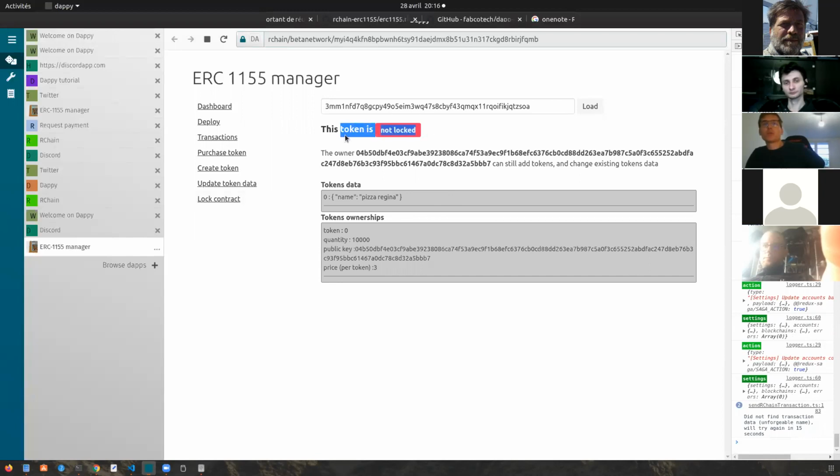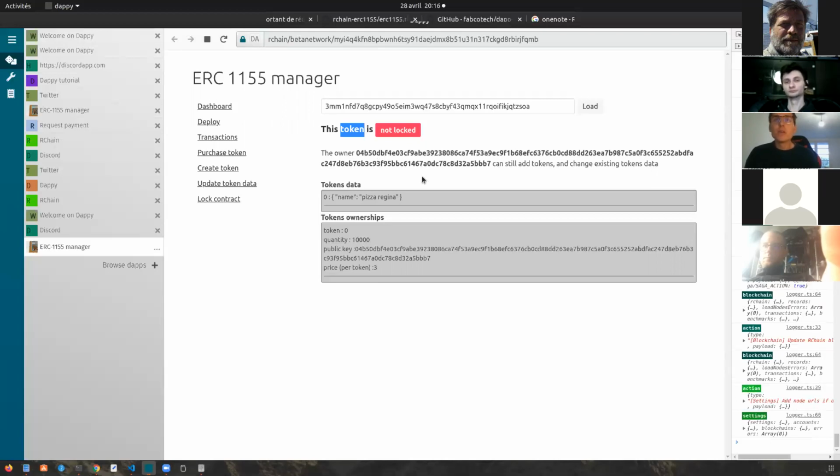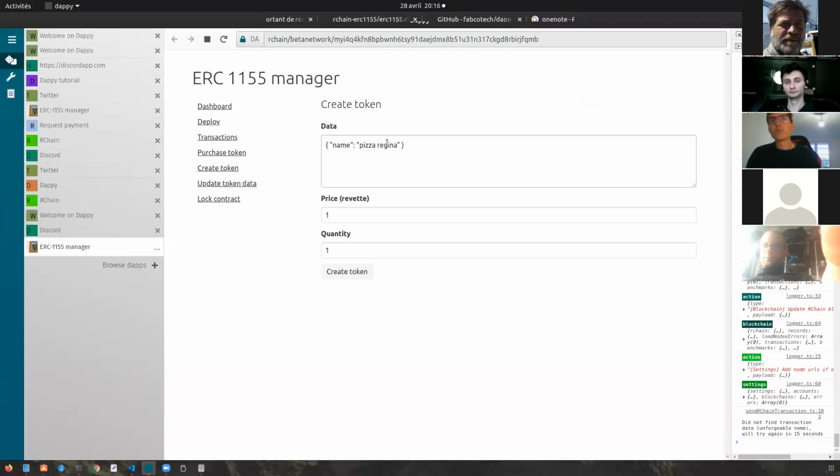We can also see that this contract is not locked. Maybe the term token is not very wise, because you might have multiple tokens for one contract. For example, I can create another